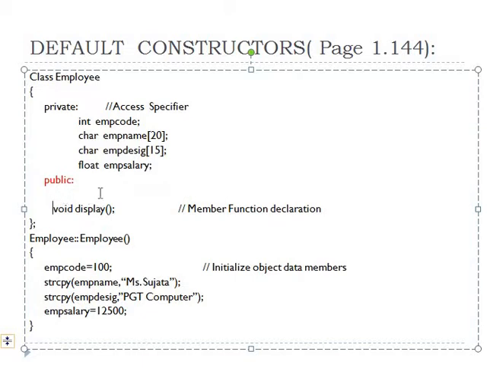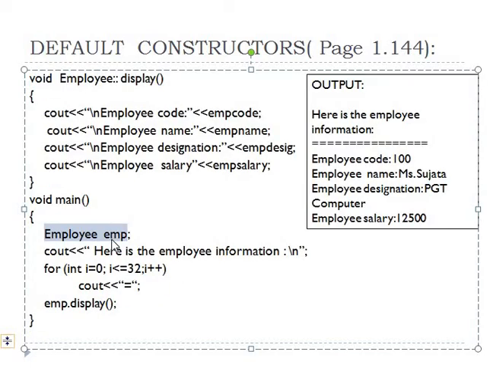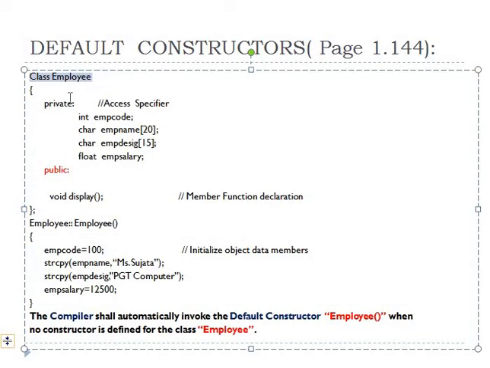Now see, I have deleted the constructor, and the class employee now doesn't contain any constructor. So what's going to happen now is that even if I haven't put any constructor inside this class known as employee, the compiler is automatically going to create a constructor for this class. As soon as you have created an object emp out of the class employee, since there is no constructor defined for this class employee in the public section, the compiler then automatically invokes the default constructor employee